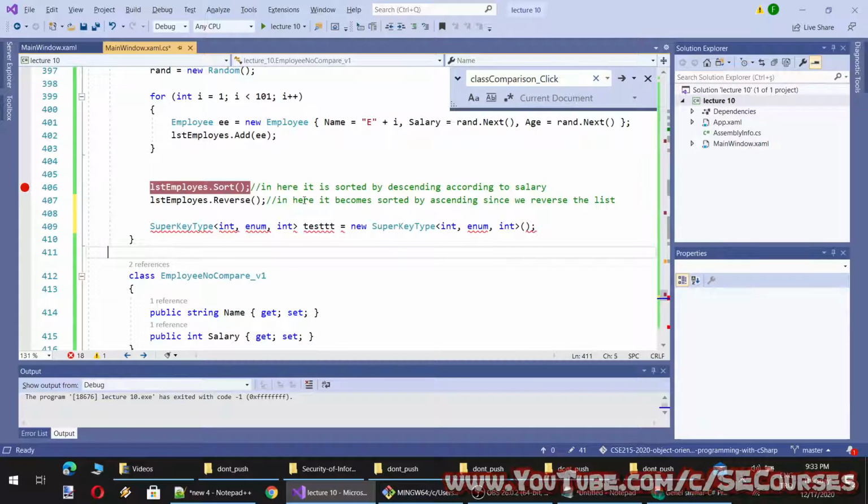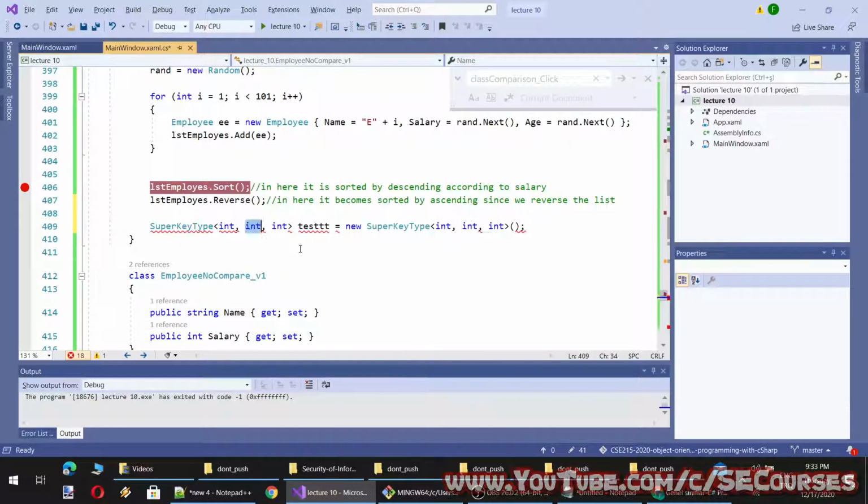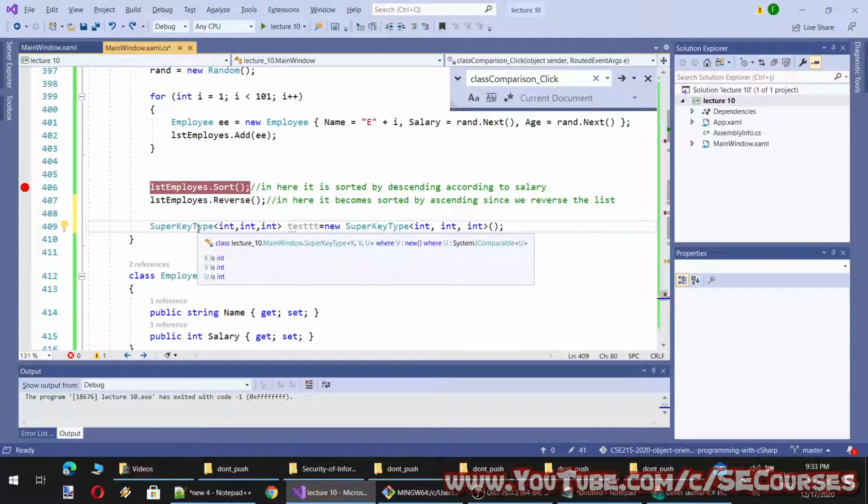What else can I give as a good example? Maybe I can define another custom class which doesn't support the new keyword, or let's make it IComparable.